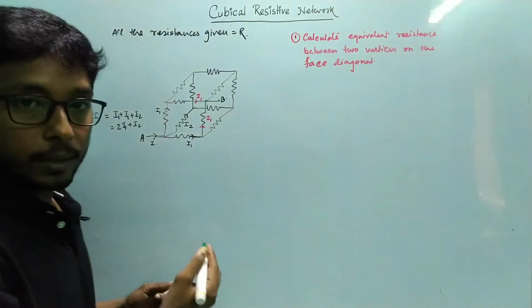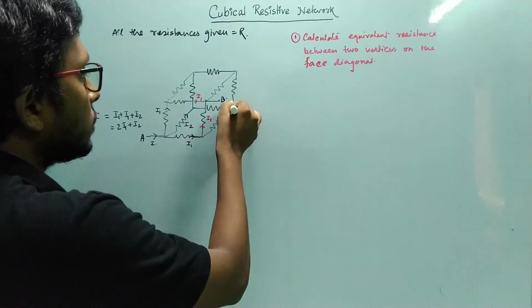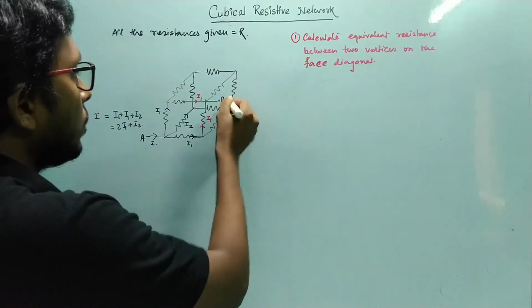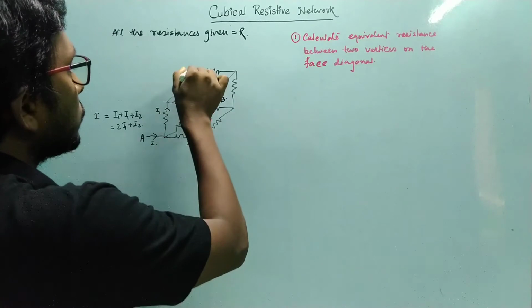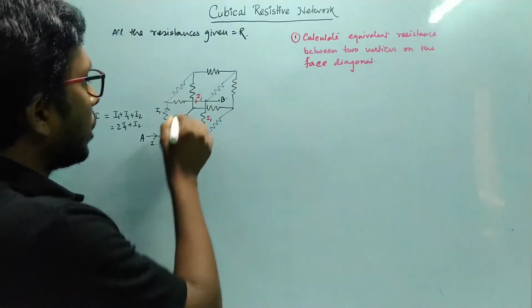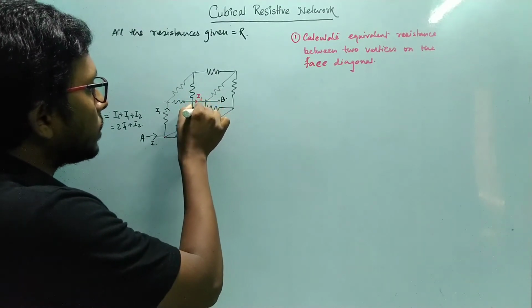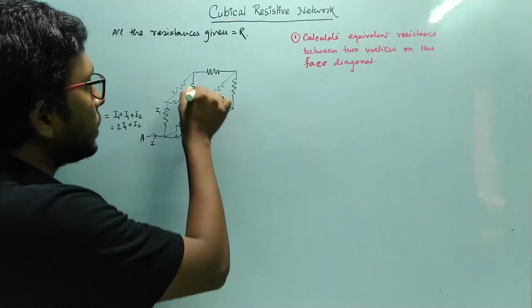So what I can say? I can say that there is no current through this resistor, or there is no current through this resistor. Now this I2 will be symmetrically divided by I2 by 2 and